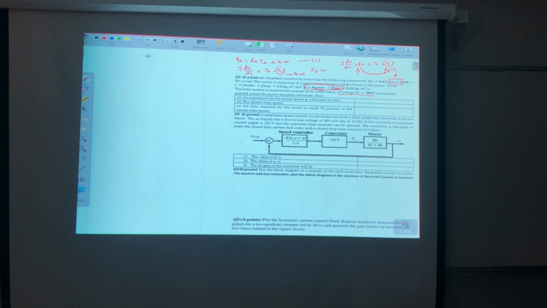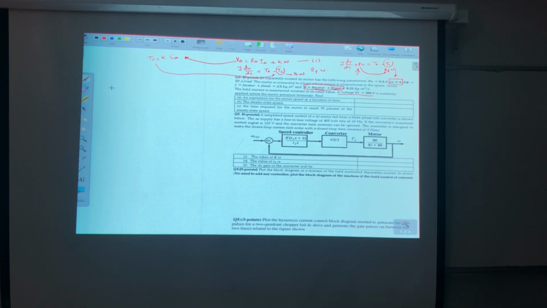Now we know that TE is equal to K multiplied by IA. So from the first equation I will calculate IA, then I will put it here. TE will be here. So I will have a first order differential equation, correct? Yeah. First order differential equation, if I need to do that,